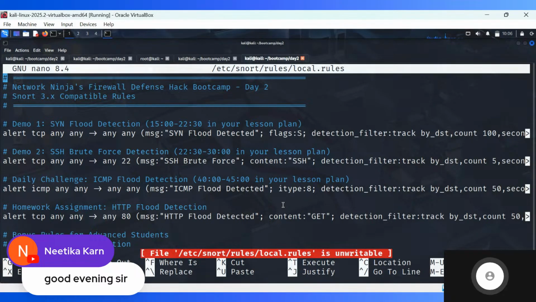Now, these are the rules. These are the local rules that the Snort IDS follows. This is what we have set. I have manually set these rules. I mean, not manually. See, now that we have the help of ChatGPT, AI, and all of that, our workflow can increase 1,000 times. Sir, this IP is for the firewall. Kali Linux IP is not for the firewall, but the IP that we saw earlier, that was for the firewall.